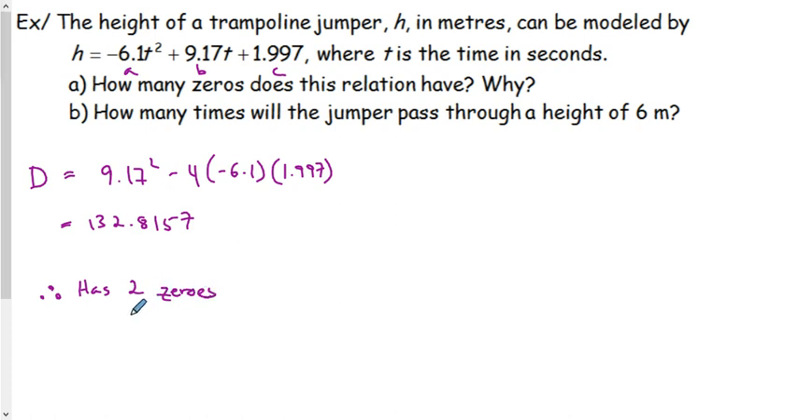Now, question is, why? Why does it have 2 zeros? Well, we're jumping on a trampoline. Our height is going up, and then our height is going back down, and then our height is going back up, and then our height is going back down. We're really in this quadratic just dealing with one journey up and down. That's what we're modeling mathematically. So we have 2 zeros because we have 1,